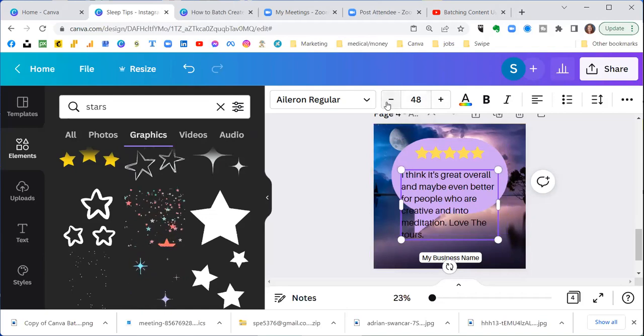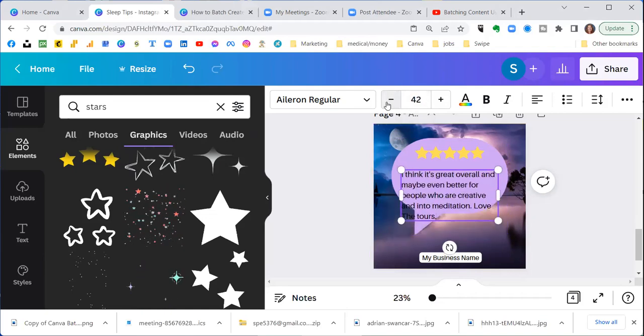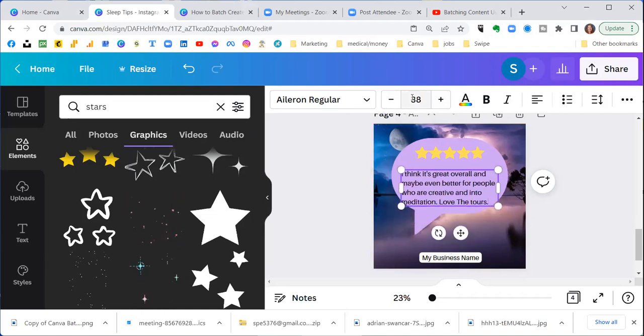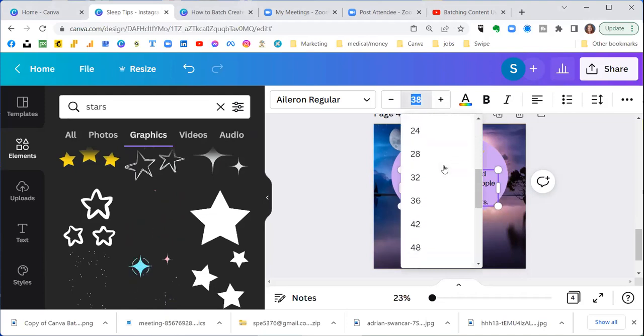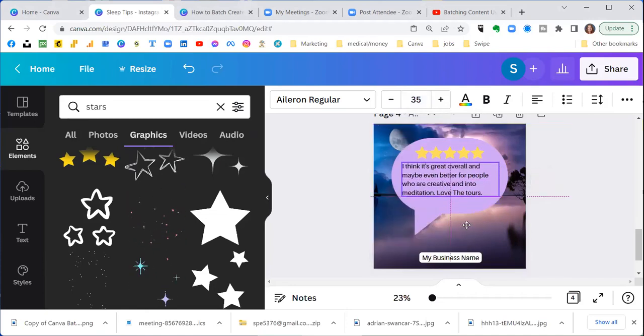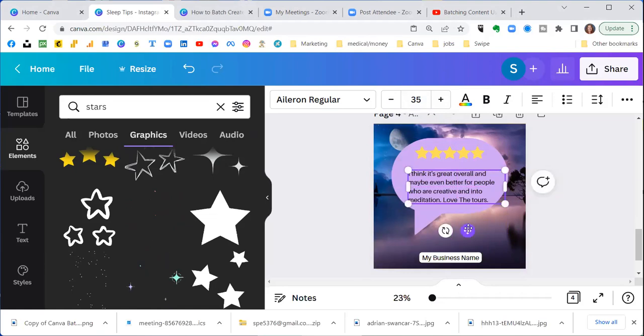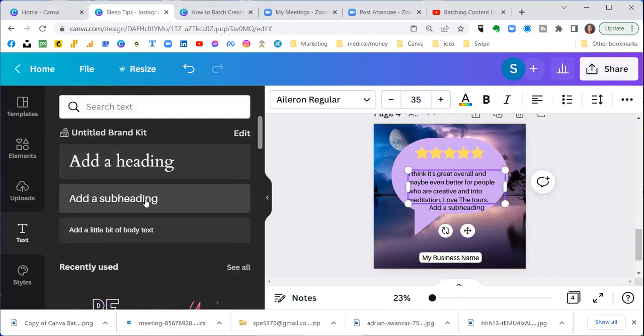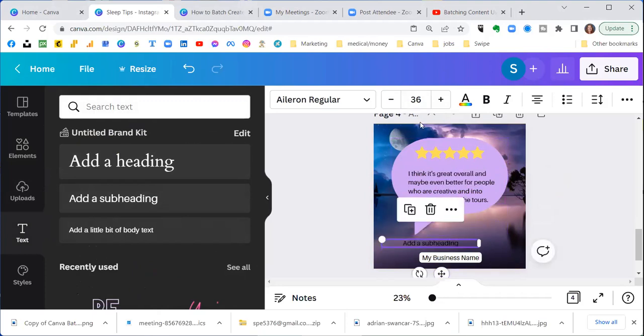So I can hit the minus button and it shrinks it for me. I could just choose, right? I could type a number in there. I could just type 35 if I wanted to. And then I get to position it wherever I want. And then again, I can do another text box. So we'll do a subheading and we'll bring it down here and we will